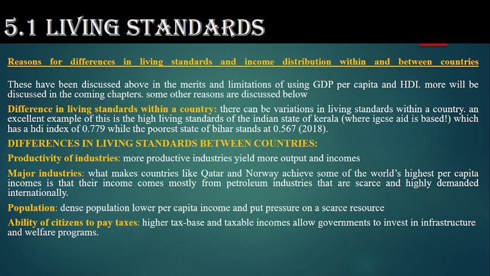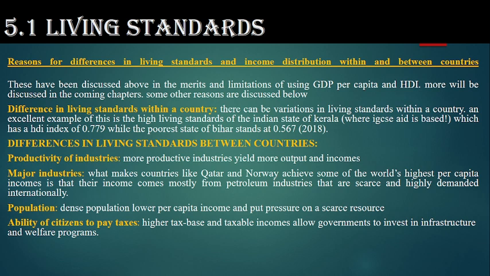Then major industries. What makes countries like Qatar and Norway achieve some of the world's highest per capita income is that their income comes mostly from petroleum. Industries that are scarce and highly demanded internationally. They have a huge product which has a high demand on the international level. So they have their good living standard because of their main product. Then